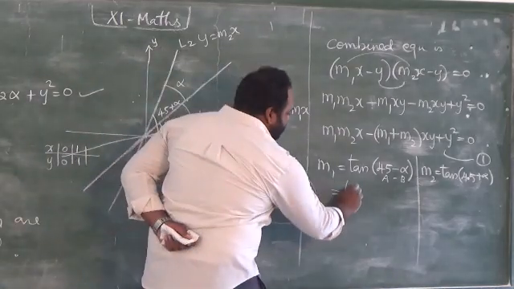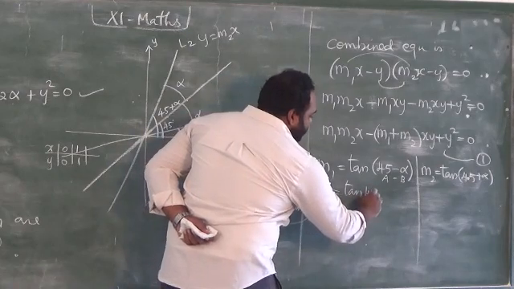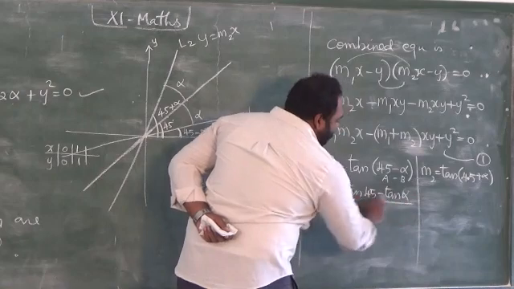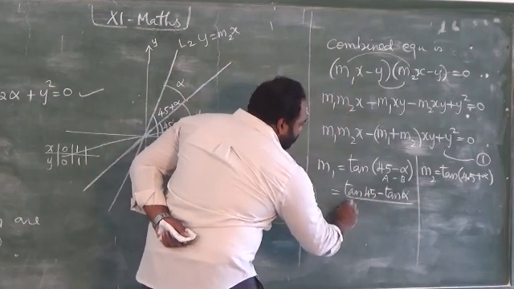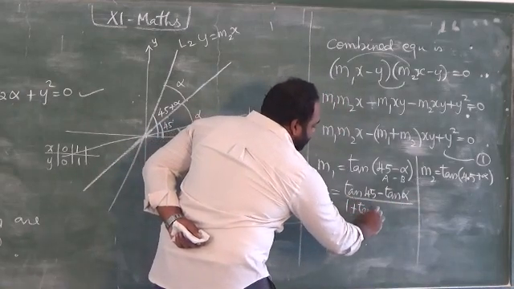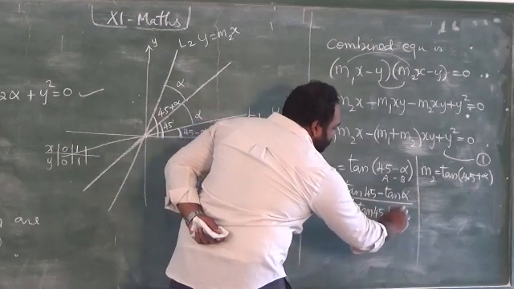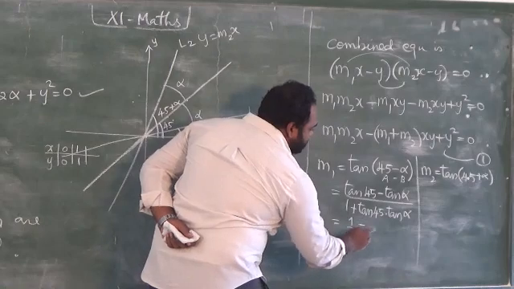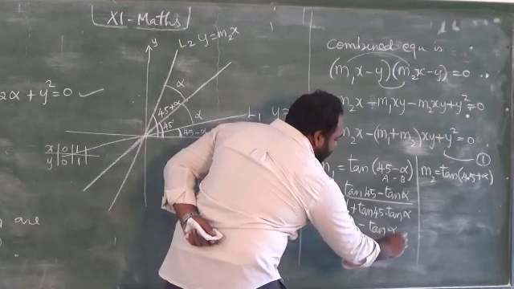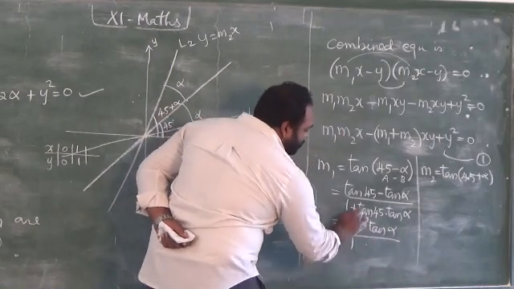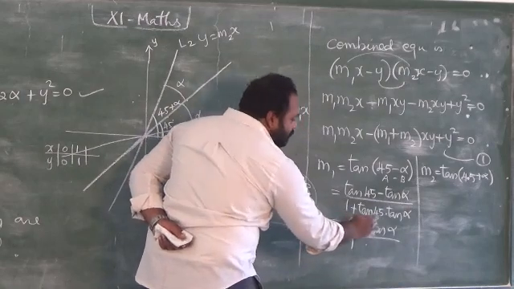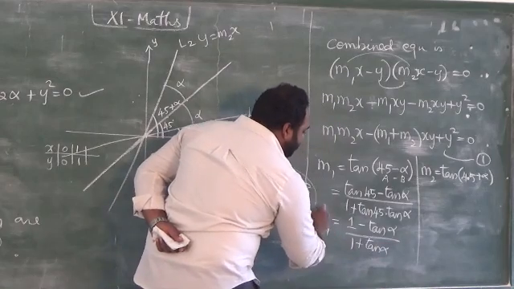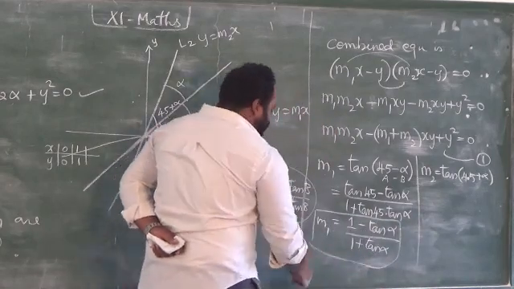If I apply it here, tan 45 minus tan alpha by 1 plus tan 45 into tan alpha. Here the tan 45 value is 1, so 1 minus tan alpha by 1 plus tan alpha. So this is the value of M1. Next, for M2,